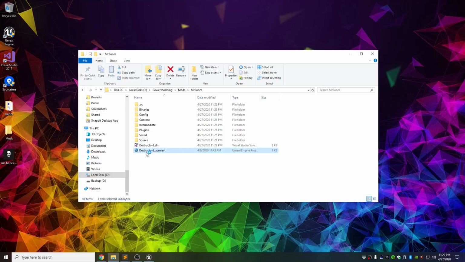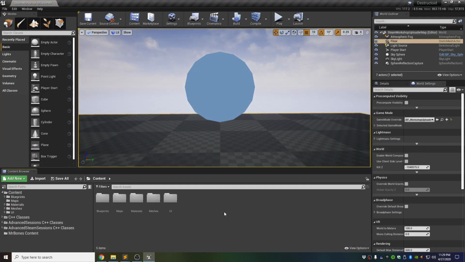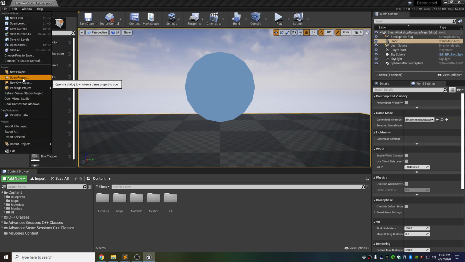It might already be loaded when I load Unreal Engine. I've never been able to load stuff through double clicking this. I always have to load the Unreal Engine and then load the project. So yeah, this should be that project. We'll go ahead and make sure. I'll just go to open project,